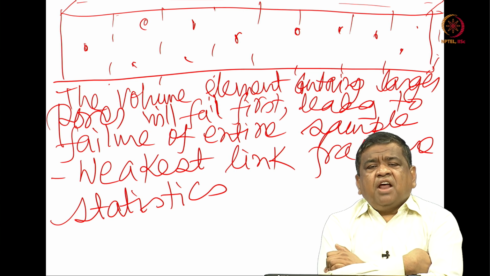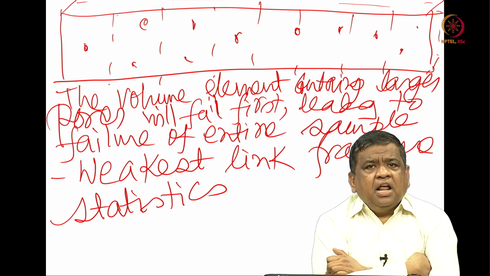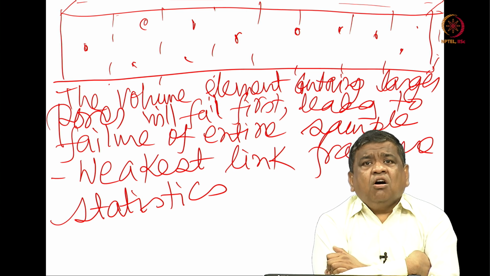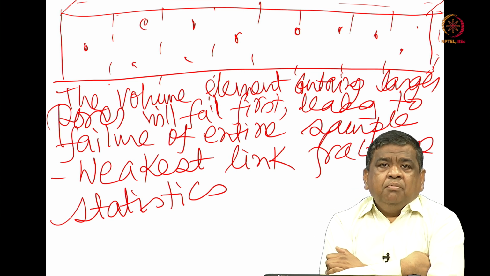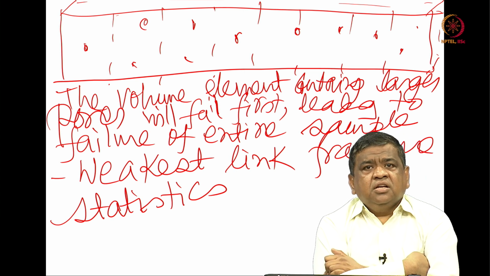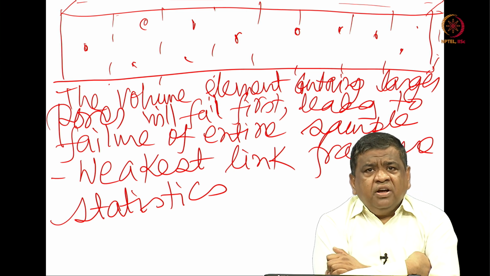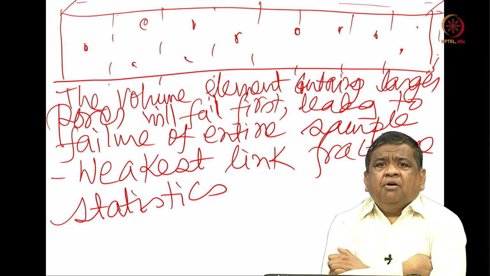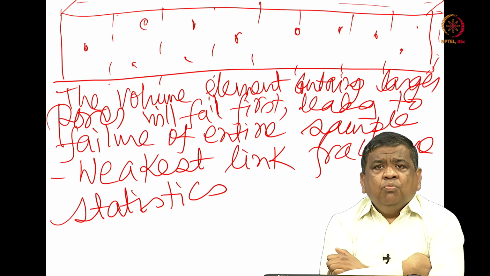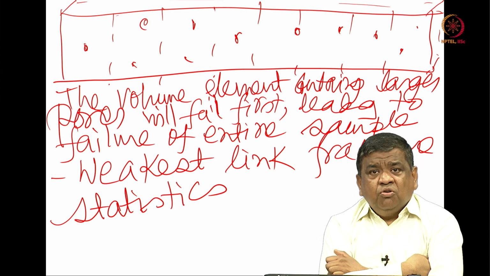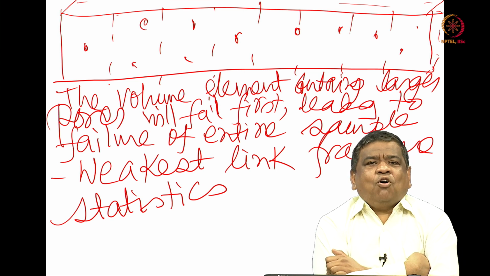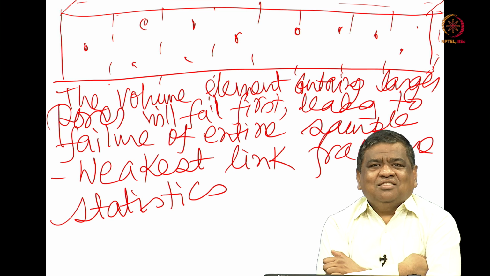So, this weakest link fracture statistics is more relevant for porous materials or for materials with defects, because the moment a material has defects, how these defects are distributed in the materials, that one cannot predict a priori. One cannot assume whether defects are uniformly distributed, and that is the most ideal case, but in most realistic cases defects are always randomly distributed in the materials.